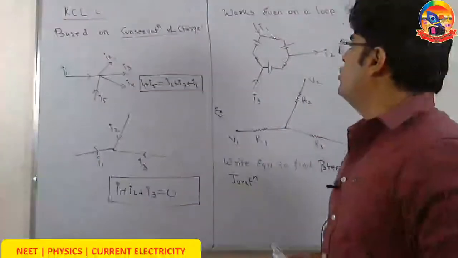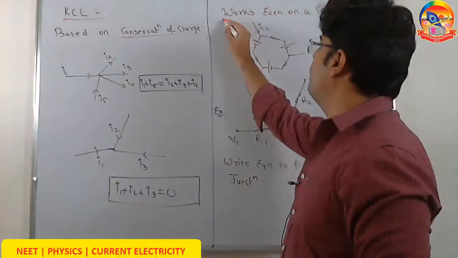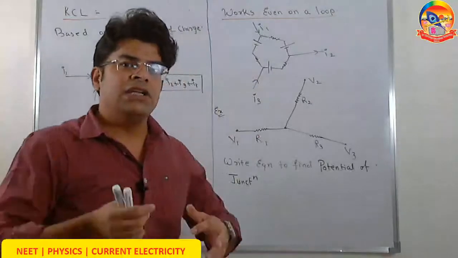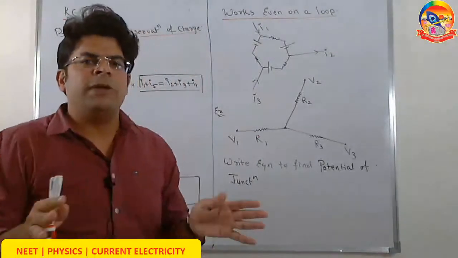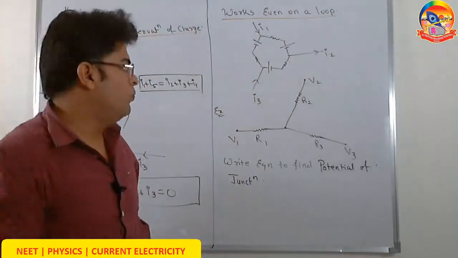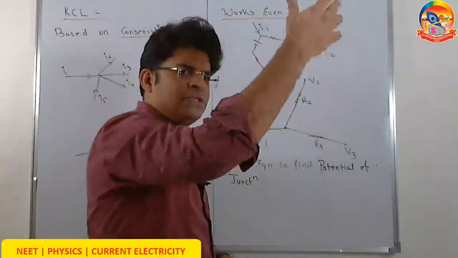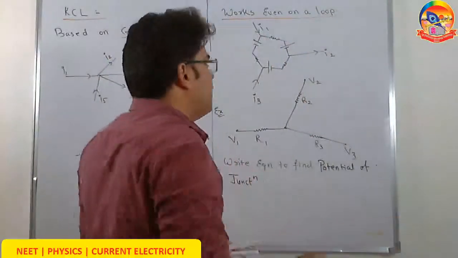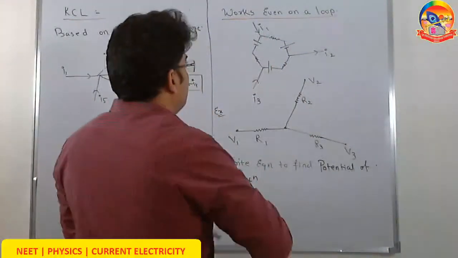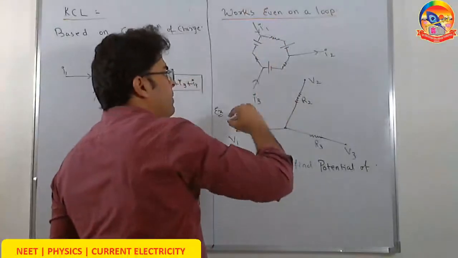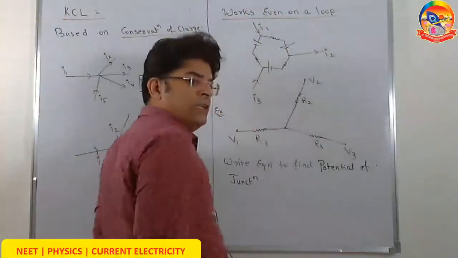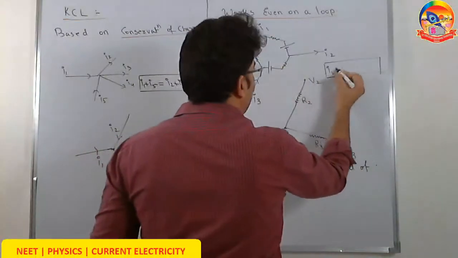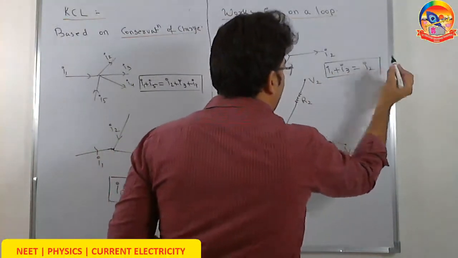The beauty of Kirchhoff's current law is that it even works on a loop, just like it works for a junction. You can think that the total current getting inside the loop must be equal to the total current coming out of the loop. This loop might have some battery, some capacitor, some resistor, whatsoever, but whatever current enters into the loop, the same amount of current must come out of the loop. So now here, the current entering in the loop is I1 plus I3, and the current going out of the loop is I2. We can even write the equation of KCL here. We can write I1 plus I3 should be equal to I2.